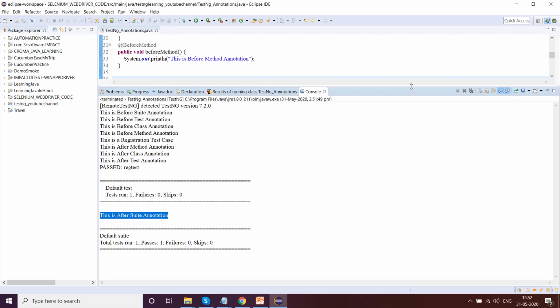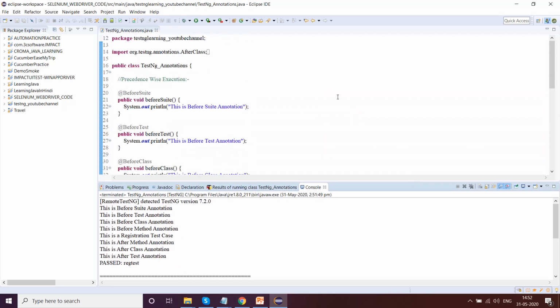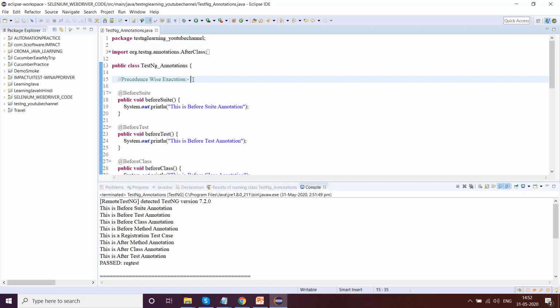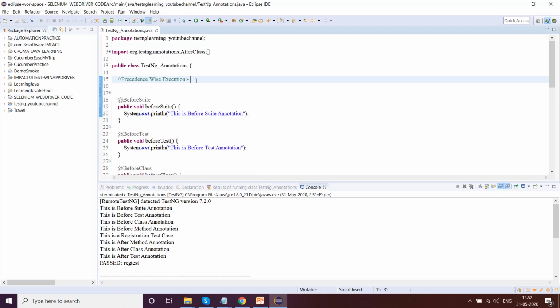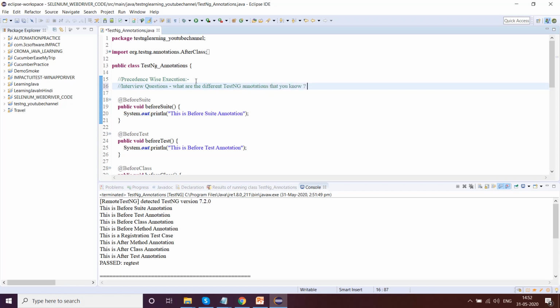In many interviews, they will ask this question: how is TestNG annotated? What are the different annotations? So these are the interview questions, guys. I'll write it down. Interview questions. They will say, what are the different TestNG annotations that you know? How many did you use? This is another trick question. And then they'll say